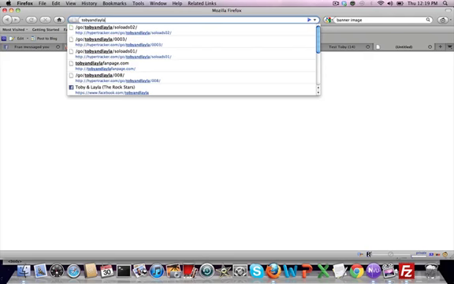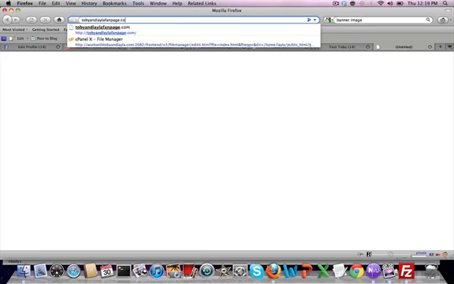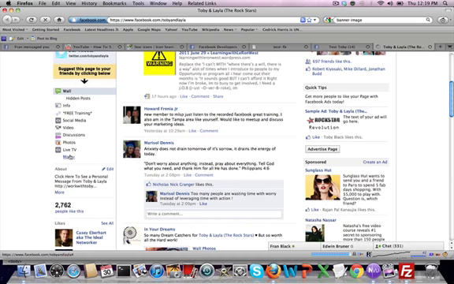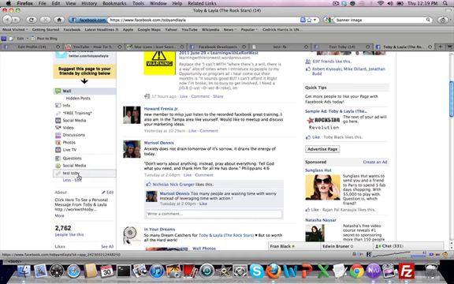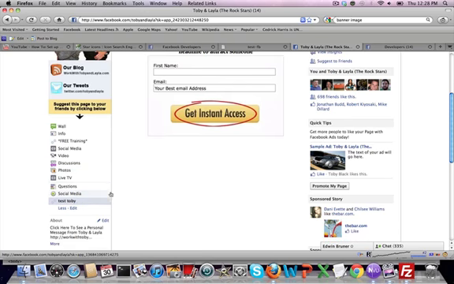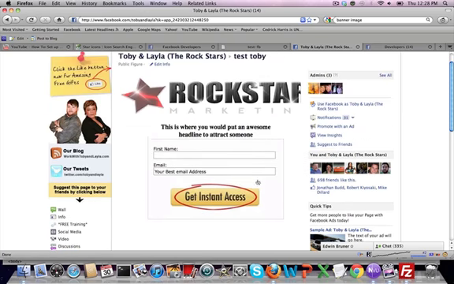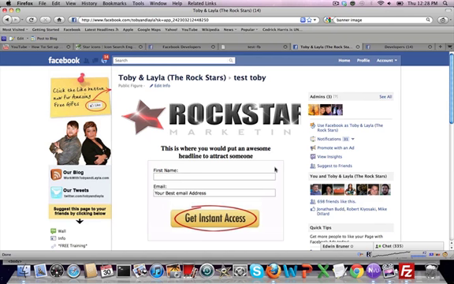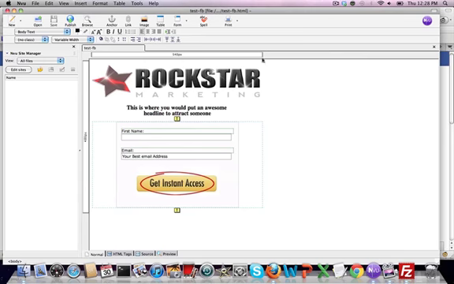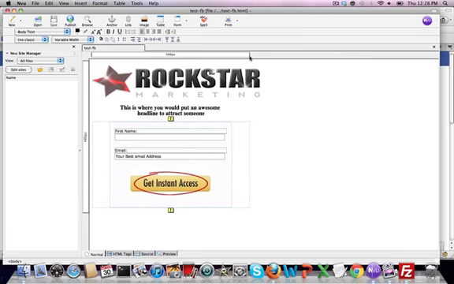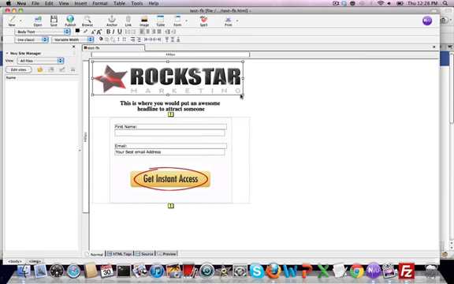And then if we go to Toby and Layla fanpage.com, you'll see that it has been added, Test Toby. And after we click that on our tab, as you can see, we have our Facebook fan page. You can see here that it's gone a little bit over, so all I would need to do is go back to my HTML editor and bring it in a little bit, resize it, click save,